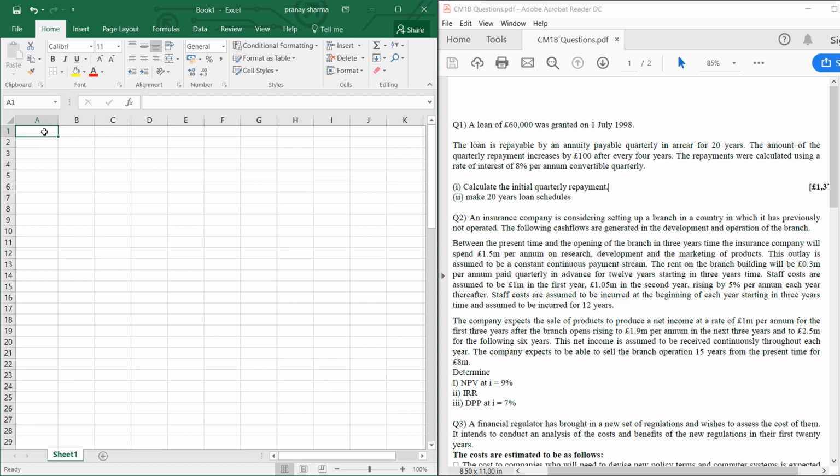So first we'll write a few values that are given. First they have given us the loan is of 60,000. Our interest rate, they have given us I4. They have not given us I. So our I4 is given as 8%. I'll write it as 8%. Then we can calculate our I. So our I would be,